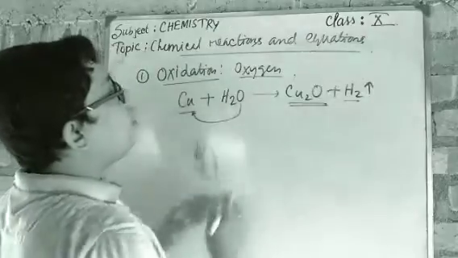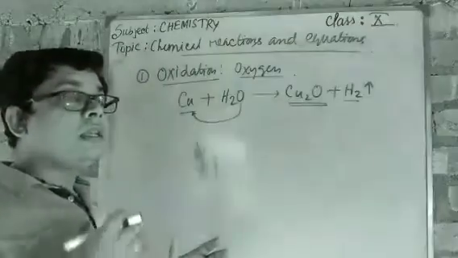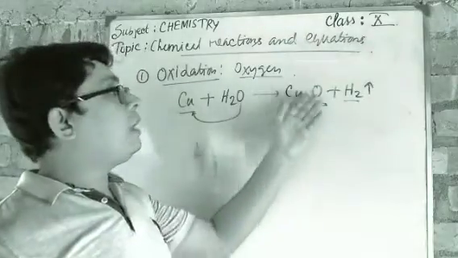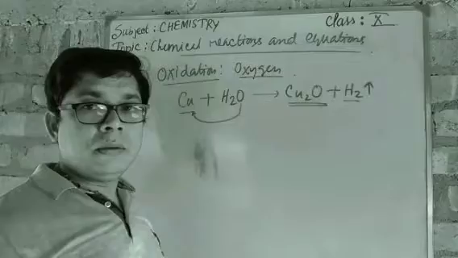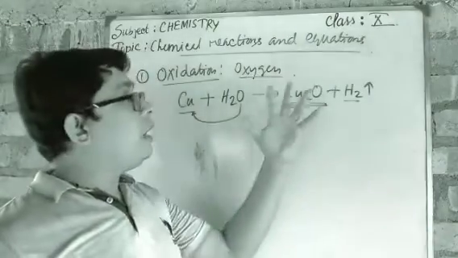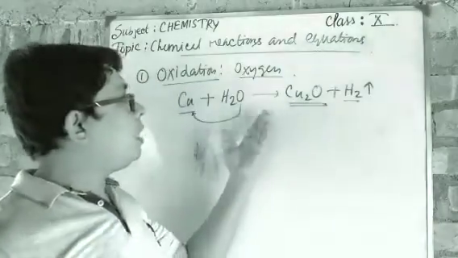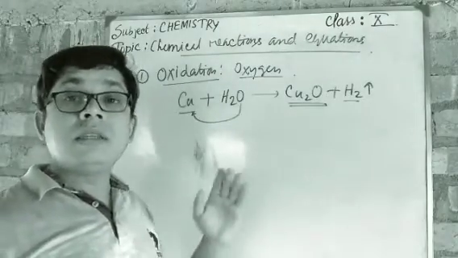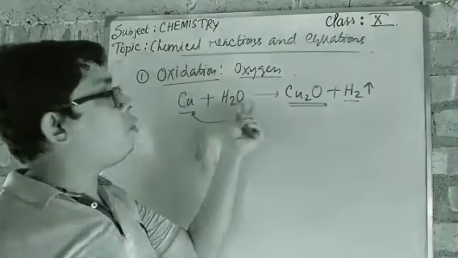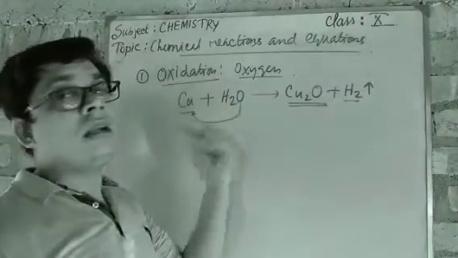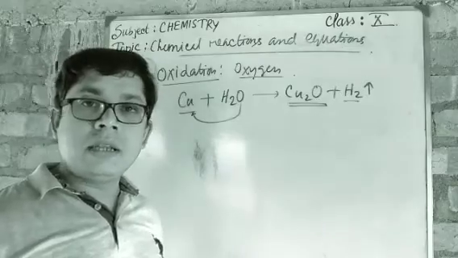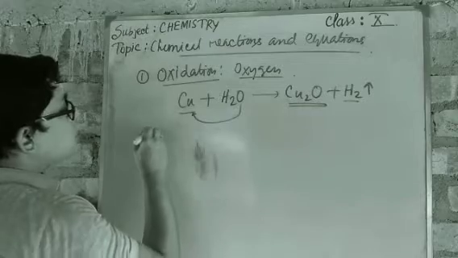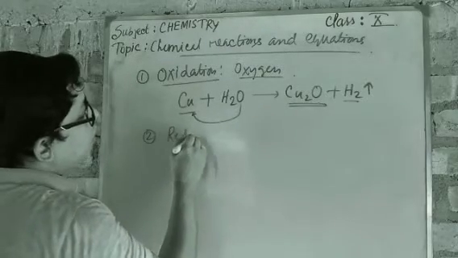So this is the way of oxidation. It means the process through which the product energizes itself with the help of oxygen, by taking in oxygen from the other reactants. That is the oxidation process. Oxidation means gaining oxygen from other molecules, gaining oxygen from other reactants. Understand? That is oxidation. Now come to the reduction process. Oxidation is over, it is up to this. Now come to reduction